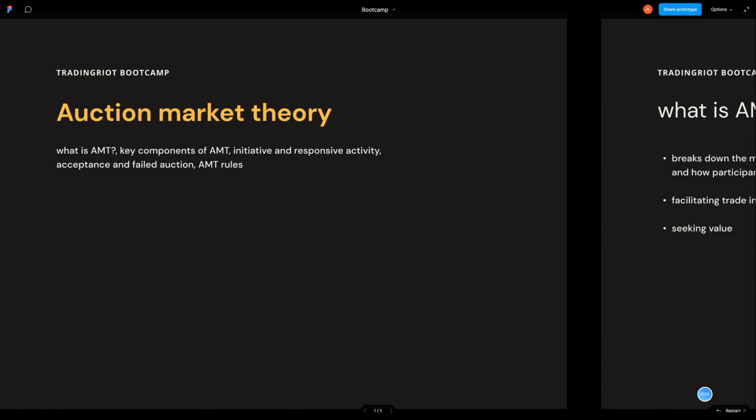Welcome to the last section, which will cover the trading by itself, and this is going to be about the auction market theory, about the market profiles, and about the volume profiles. Like I said in the previous part, using price action and the order flow can be often enough, and